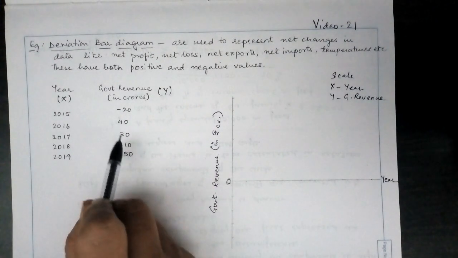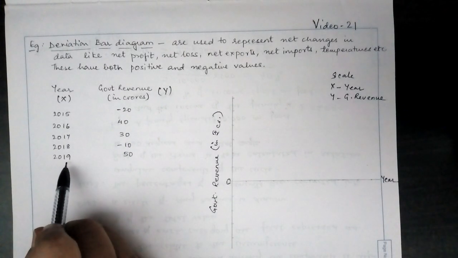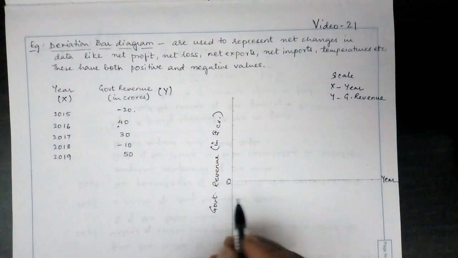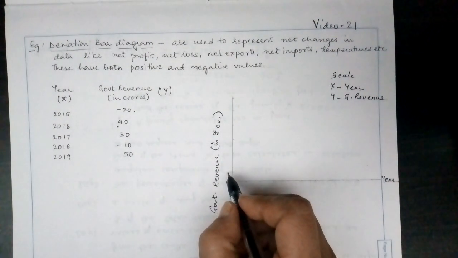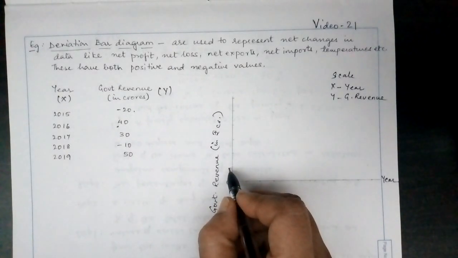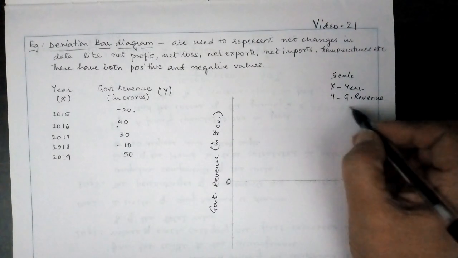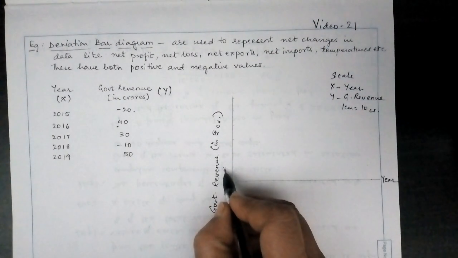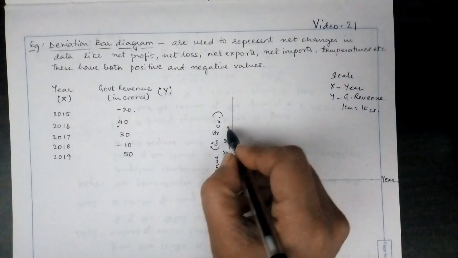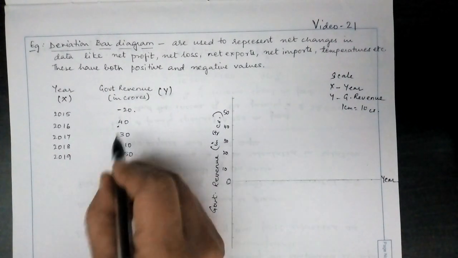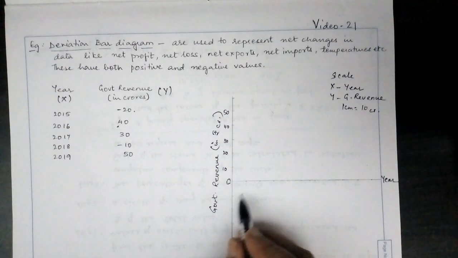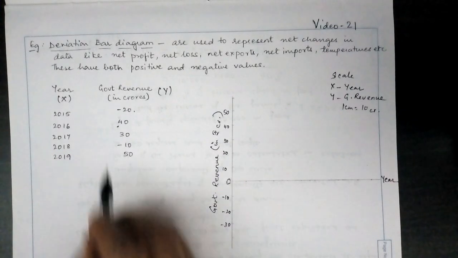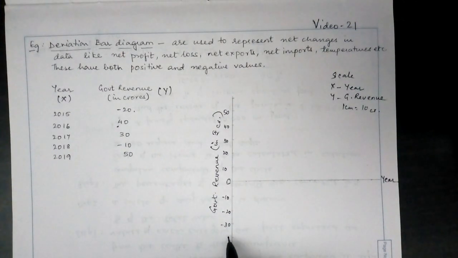And let's see, on the x-axis anyway we are writing year. On the y-axis the maximum is 40 and the minimum is minus 20. So let's divide this in 10 units each. So 1 centimeter is equal to 10 crores of rupees. So here we'll write 1 centimeter equal to 10 crores. So here we will write 10, 20, 30, 40, 50. Since 40 is the maximum number, we will stop here, and here we will write minus 10, minus 20, minus 30. So since we have only minus 20, so minus 30 will do the job.